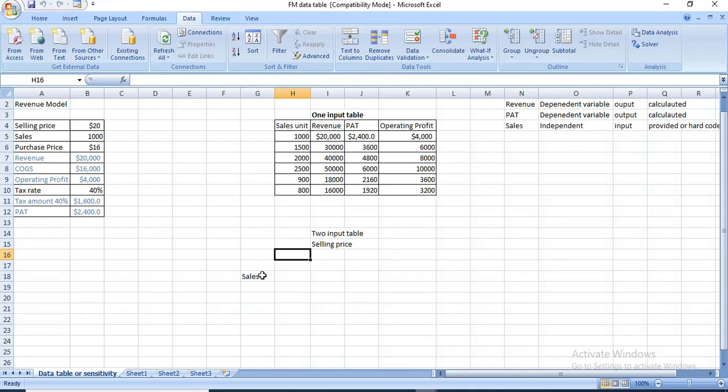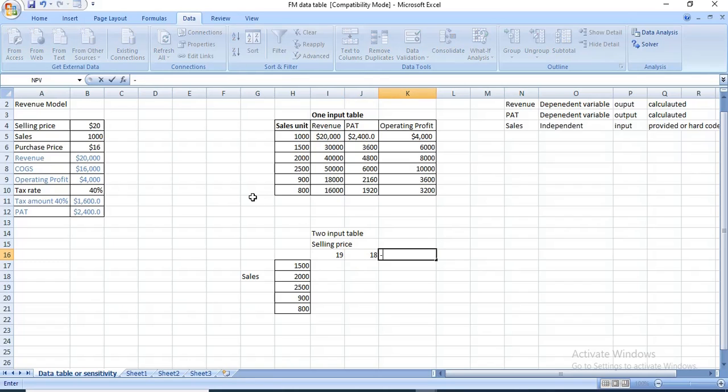You have two inputs. Here we had only one input, that is sales units. Now we will have two inputs, that is sales and selling price. If you are changing all these, let's take these sales only for our convenience. For saving time, I am putting the same here. These are the sales units. Then the selling price you can take different, like here it is 20, so it may go down, so your sales will increase, 19, then it is going to 18. Further your sales are increasing, so it may be 17. Then if your sales go down, it can be 21, 22, like that.